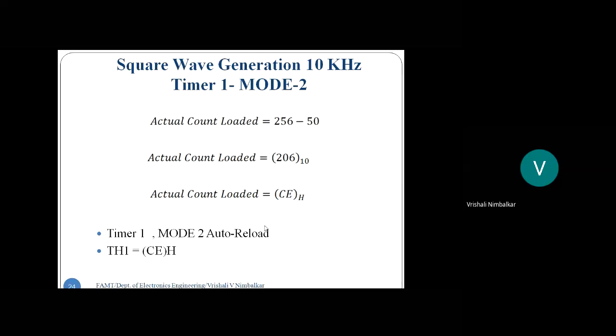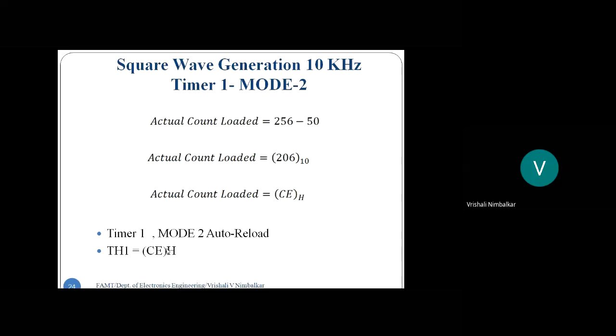So that auto reload will be happening automatically internally. Okay, so that 8-bit count, keep in mind, where should we be loading? In TH1 register. Okay, now let us start with the programming part. See, the algorithm is the same. We will set that bit, call the timer program. Now the timer will be operating in mode 2. Then we will clear the bit, and again we will call the timer program.